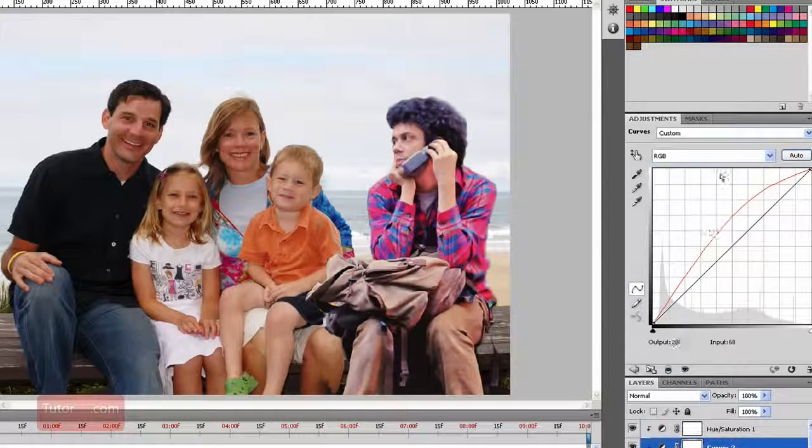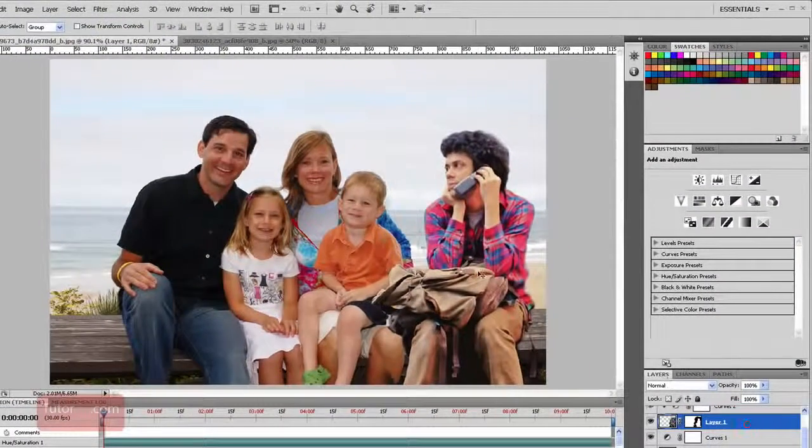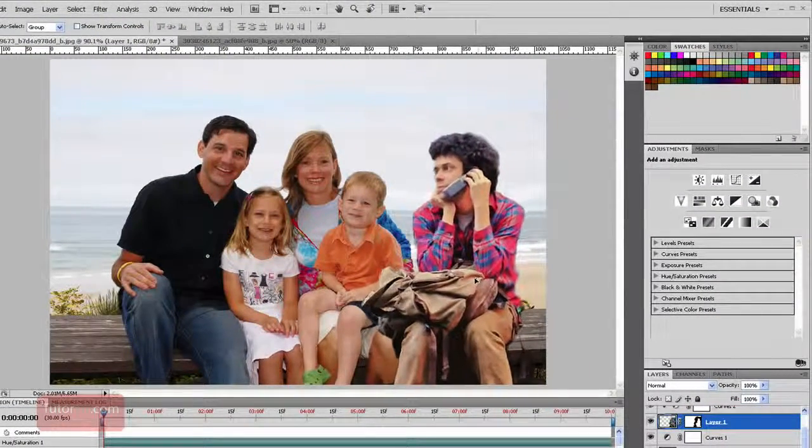And I'm also going to go into the curves again and bring down his blue. You just have to play with this a little bit to try to figure out the color values that are correct with the rest of the image. It looks about okay. If I click on this layer with my new guy, I can maybe snuggle him in a little bit, to make him look like he's